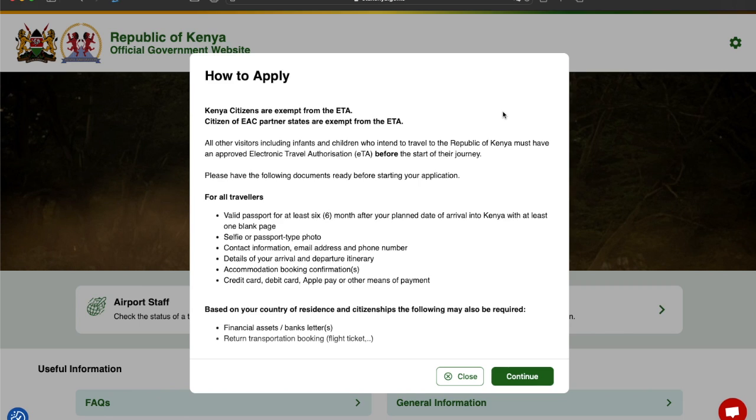You'll need a photo of yourself. This could be a selfie or passport style photo. I always encourage travelers to use a blank background, like a white background, just so it's clear for the immigration officials. They want your contact information, details of your arrival and departure into Kenya, your accommodation booking confirmations, and a